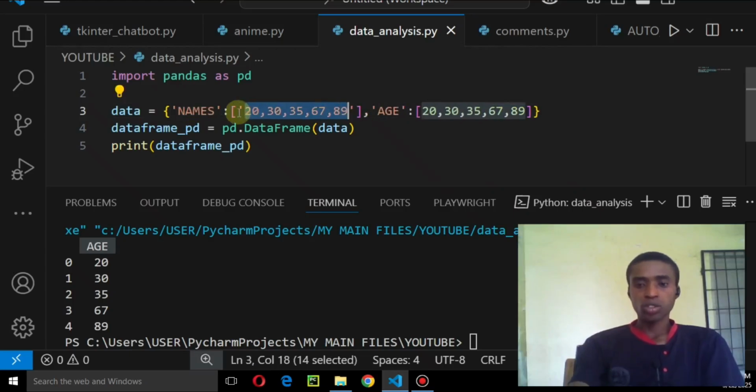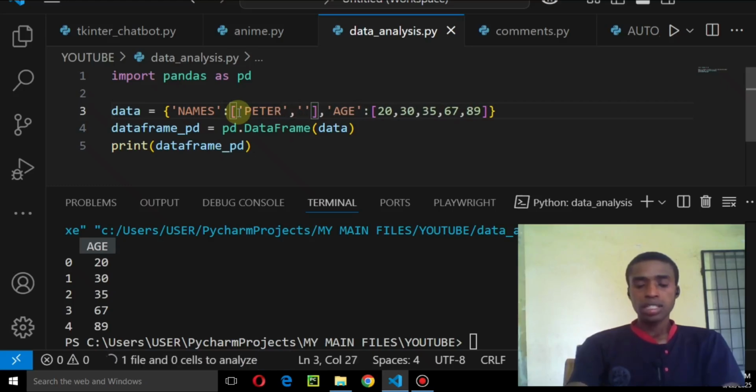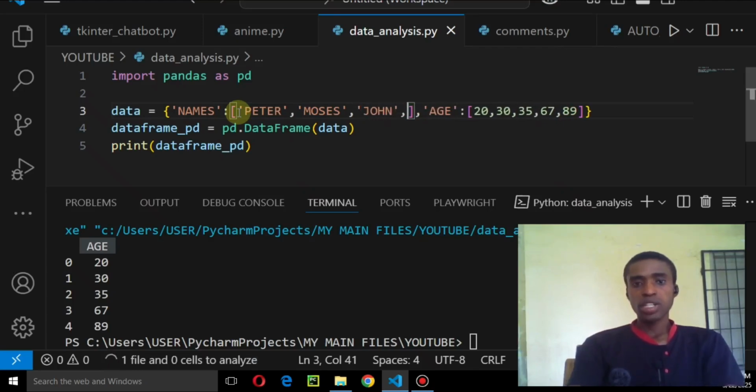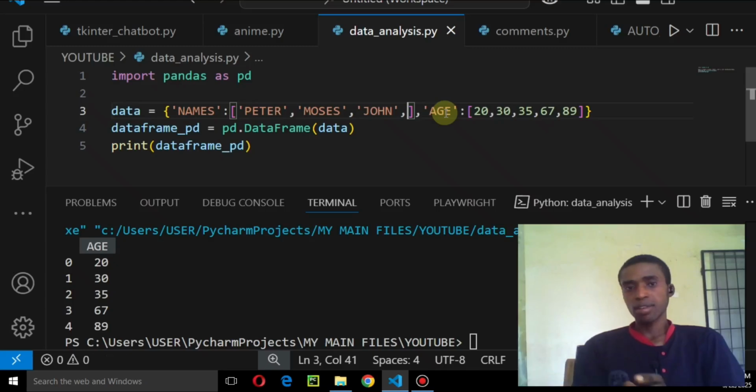Let's start with the first one. Let's set it to Peter, and the second one, let's set it to a name like Moses, the guy that actually divided the sea. How he did it, I don't know. So the next one, let's say John. And then the next one, let's make sure that when you are creating your data frame, that the values of